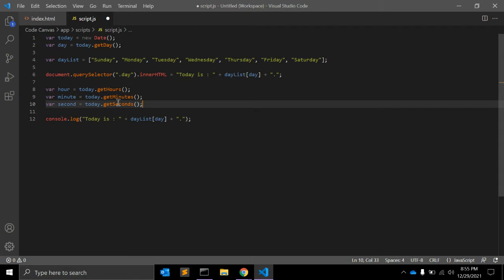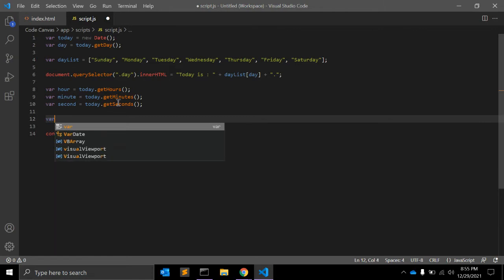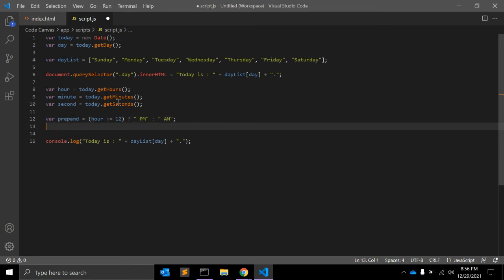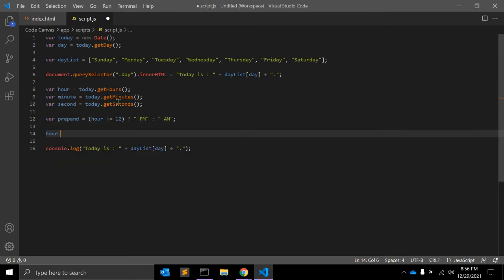Okay, so this is what we required. We can take one more variable called prepend, and it will check if hour is greater than or equal to 12. It means it will be PM, right? Else it will be AM. So this is the prepend variable.